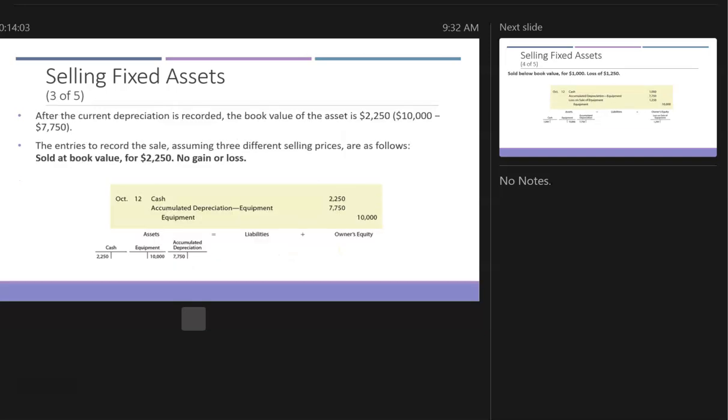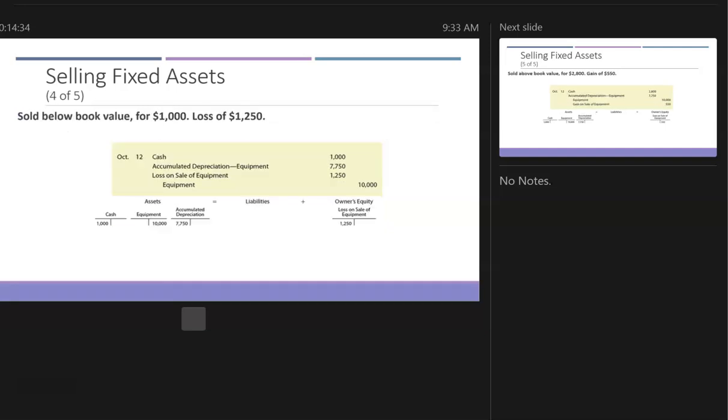And the book value of the asset is $2,250. If we sell it for $2,250, do you see how there's no gain? Because we sold it exactly for what the book value is, right? We zero out the accumulated depreciation account, we zero out the asset, and we show a cash, there's no gain